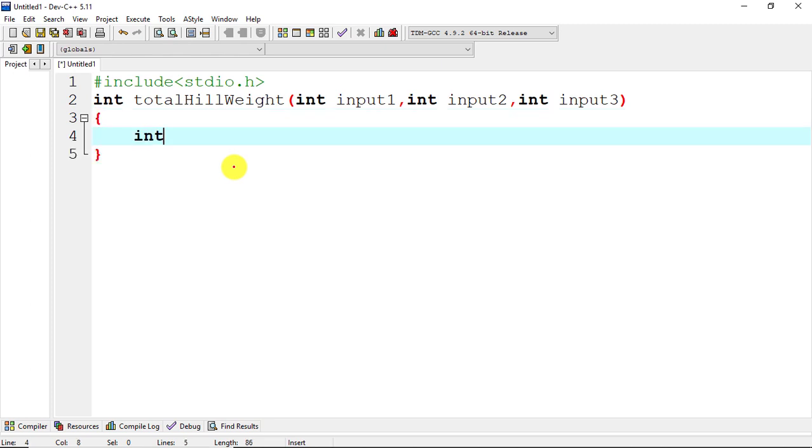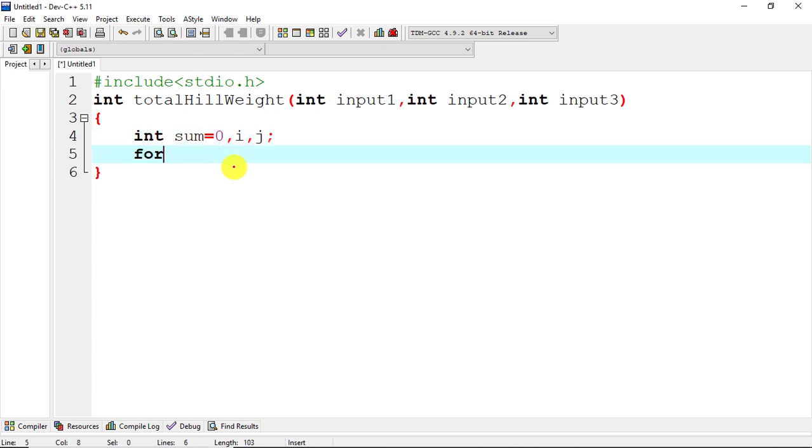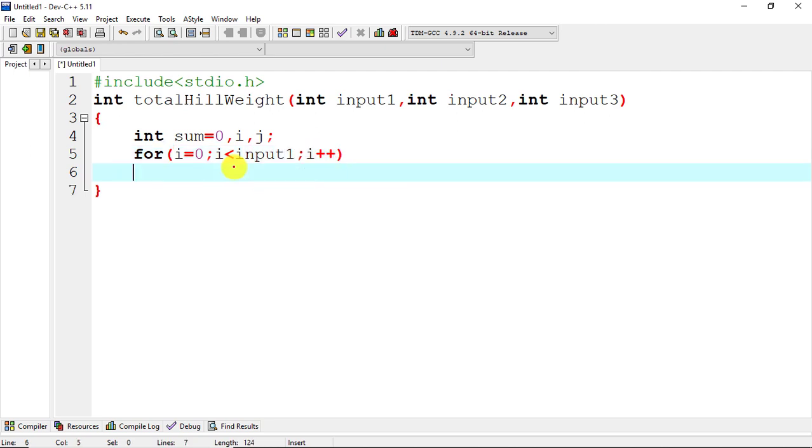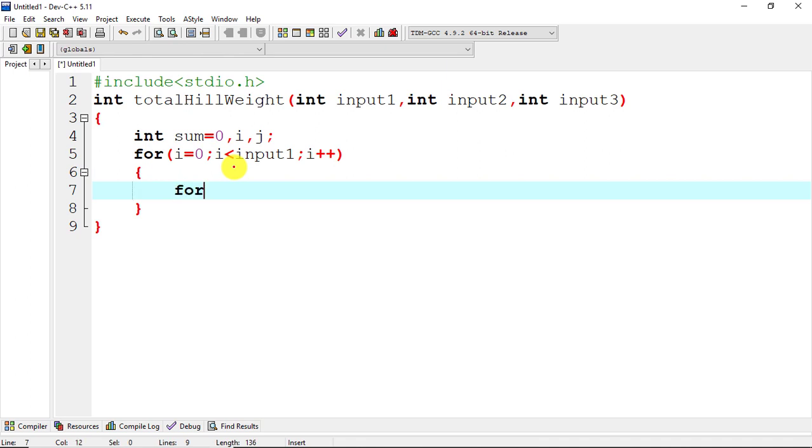After that we will initialize and declare some variables, that is sum equal to 0, and i and j. Now we will take a for loop for i equal to 0 and i less than input 1 and i plus plus. After that we will again take a for loop for j equal to 0 and j less than or equal to i and j plus plus.